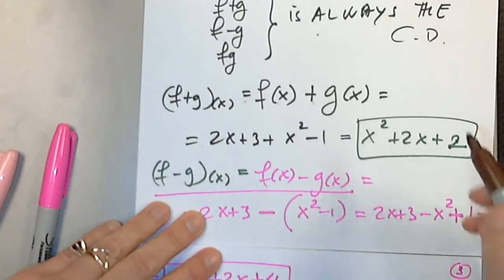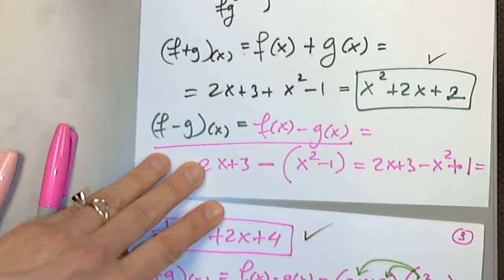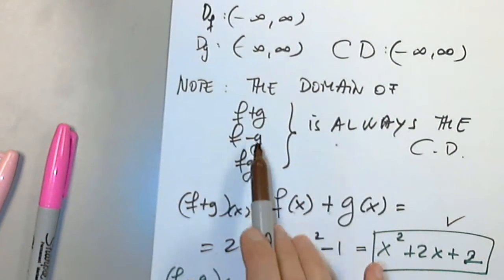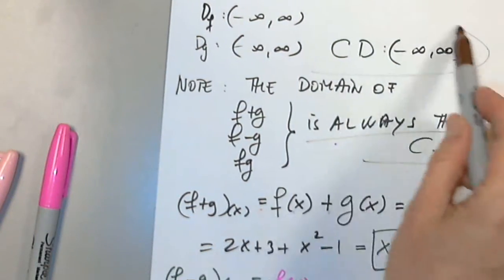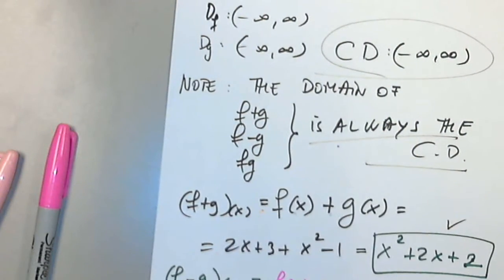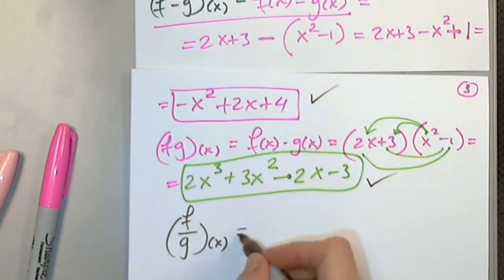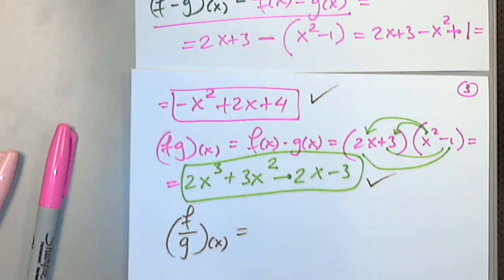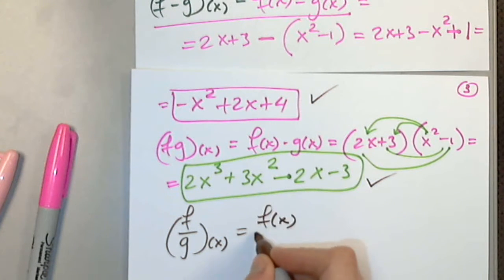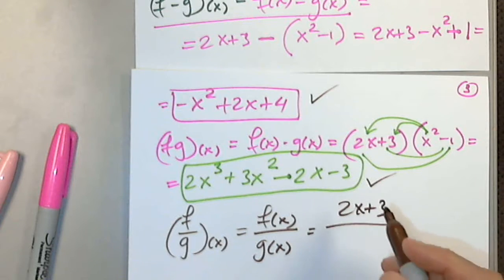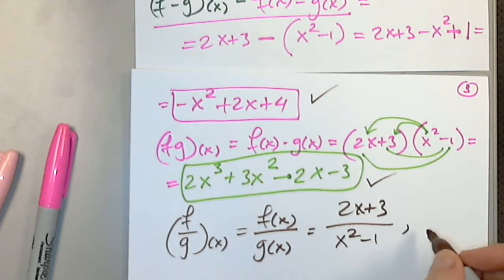And remember, we already determined the domain of these three. We already stated it. It's right here. The domain of the sum, difference, and product is always the common domain, which is this. No question there. Good. So now we are ready to work on the last function, which by definition is, and we have to write the definition every time, f of x over g of x. Very good. So I copy 2x plus 3, and I copy x squared minus 1, comma,